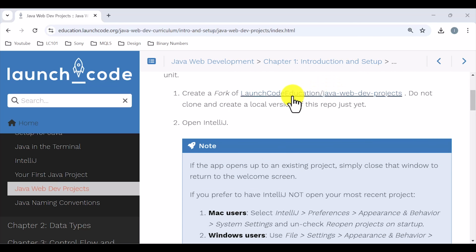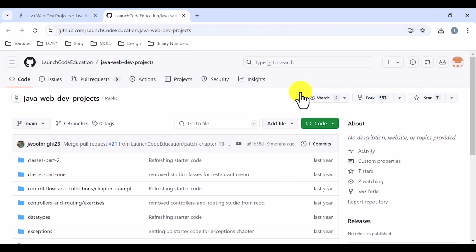What we're going to do is we're going to go over here to LaunchCode so we can fork this project. So I'm going to click on that. And now, understand you have to be logged into your GitHub in order for you to fork this project so you can connect the two